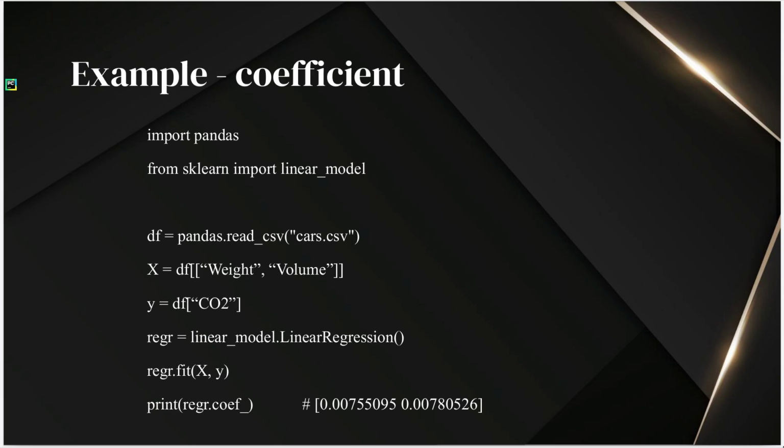You see, we are again importing the two required libraries in the first two lines, reading the dataset, creating the feature vector and the response vector, creating the regression object, and fitting the regression object. And lastly, we are printing the coefficients by doing regr.coef_. This is the only method that you can use to access the coefficients. There's no other pretty way around it.